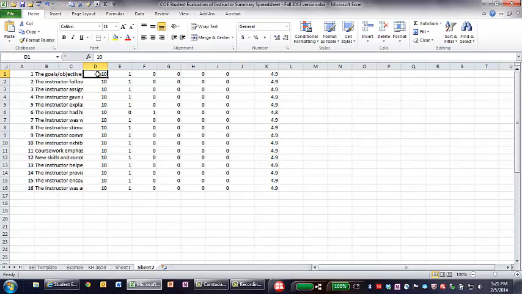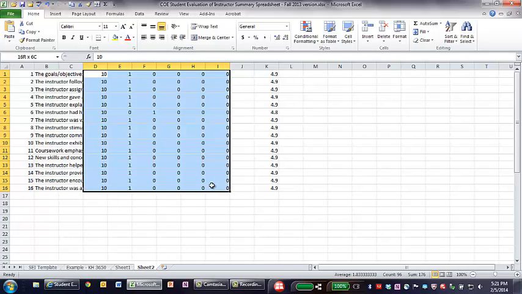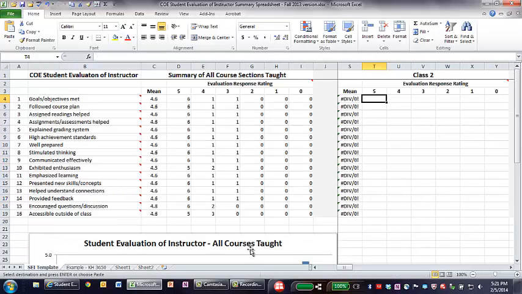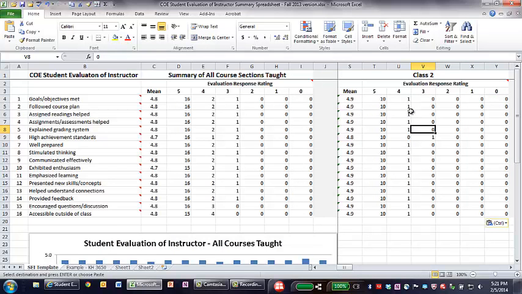So we go back to here again, select this block of data right here, copy it, go back to our template, and up here we've got class number 2. So we're going to start right here and paste it in there. And you can see what it's done over here is updated